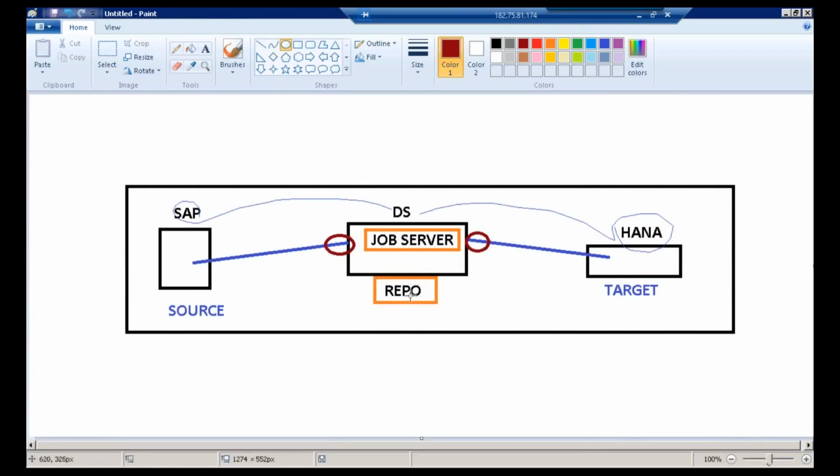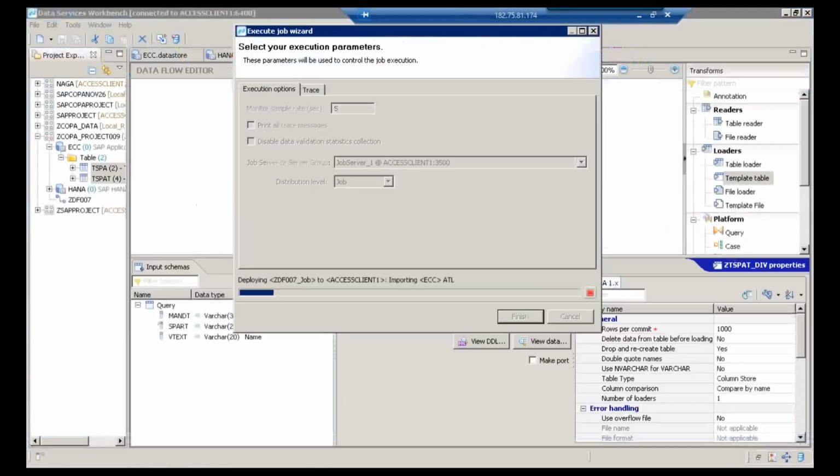Repository is nothing but what holds the container information. Now you take a bottle of water. The bottle is nothing but the repository. Water is nothing but the data, which is transferred using Data Services. Data is transferred using the job server, and the repository is a collection of metadata. So let us go back, click finish. Once I click finish,